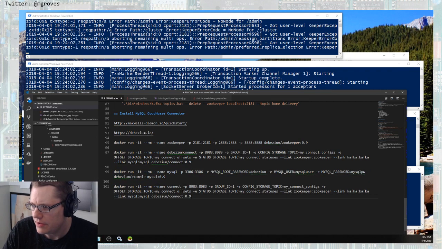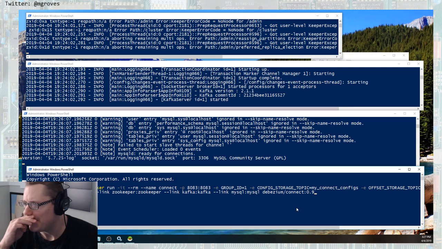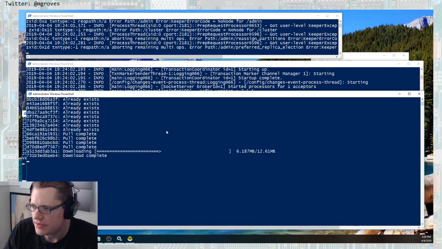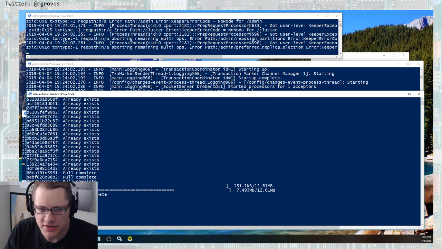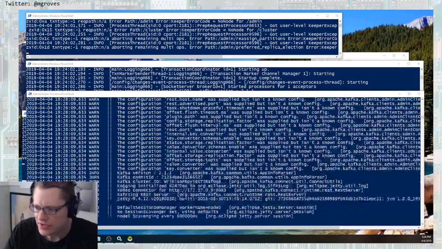So there'll be this step right here. Okay, and this is what I was doing before. Let's give it a shot. See what happens. So pulling a little bit of Docker stuff, and at the end it's going to say finished